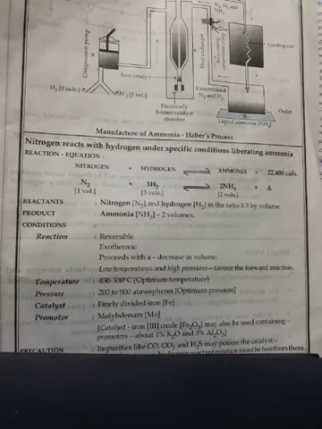This is clear. Then second we will take effect of pressure. According to the kinetic theory of gases, at constant temperature, the pressure of the gas is directly proportional to the number of molecules striking the wall of the container. So, what happens if the pressure is increased during manufacturing of ammonia? The equilibrium will shift to the right. It means more ammonia is produced. Why? Because the number of molecules decreases when ammonia is formed, and so does the pressure.